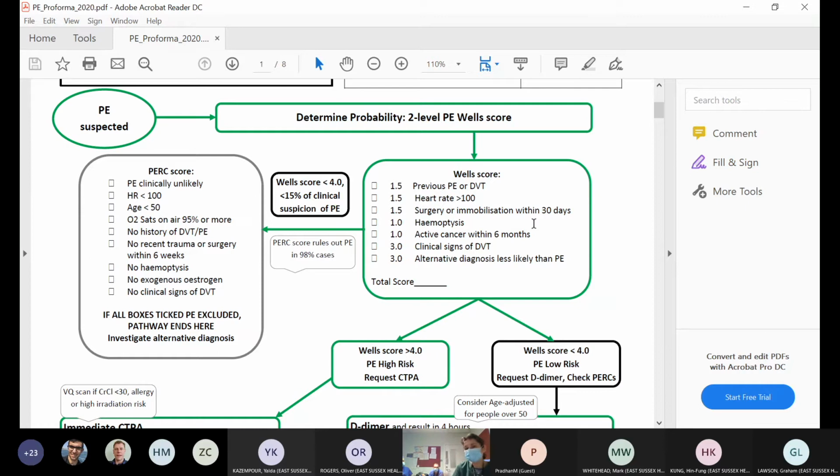Now, if you have very low suspicion, for example, a Wells score is very low, and you are not concerned about this pleurisy, then you can do PERC score, pulmonary embolism rule-out criteria scoring. If it's all negative answers on that PERC score with low clinical suspicion, you can send people home. If you're still worried and you don't have a senior with you, you can do the D-dimer, but it's all